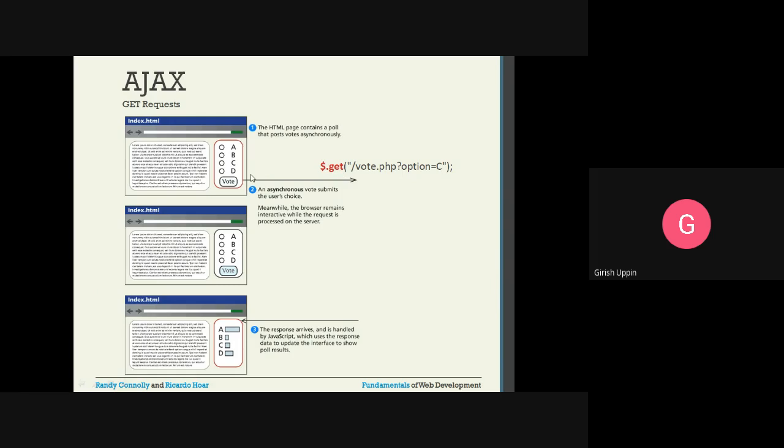In this example, it's a get request, dollar dot get, and then you give the query string along with the PHP. So vote.php is the resource that will be called on the server, and this particular value will be provided. As a response to that, maybe we'll get different values for the different stats for these four options that will be painted on the web browser.